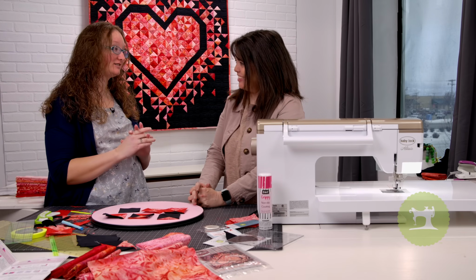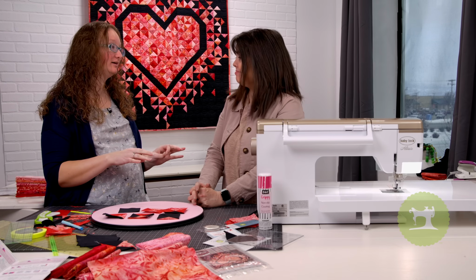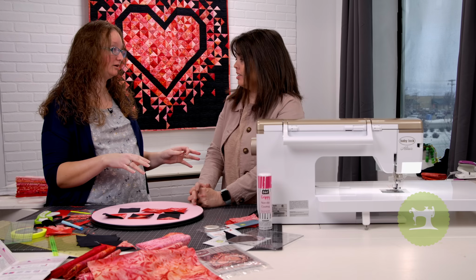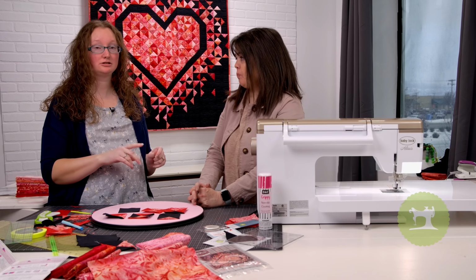Okay. So you have a design wall. Yes. So you want to make sure you have a design wall. And if you don't have one, do you have those in the shop? Do you have design walls? We don't. Oh, no. She should get those. I should. But what you can do is go to a